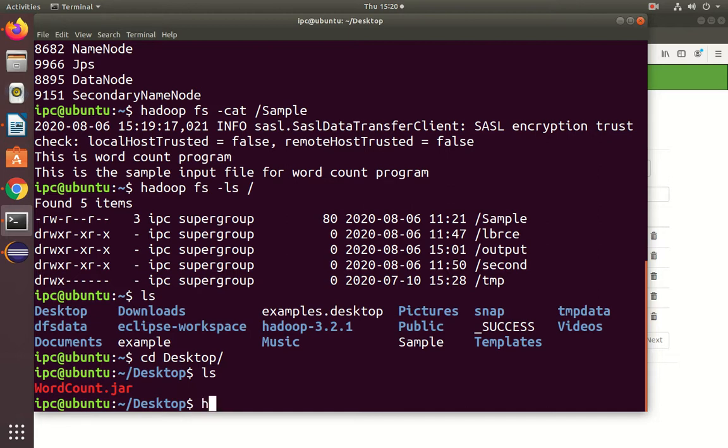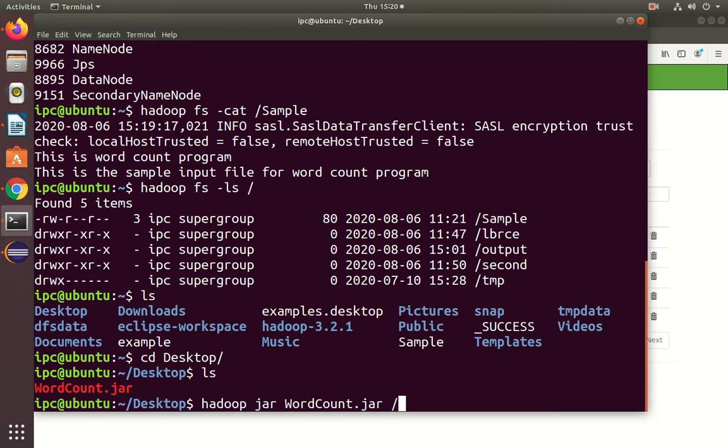Hadoop jar, this is the command for executing jar files. Hadoop jar, jar name, that is wordcount.jar, then the input file path. The sample file contains some text, so it uses that text and counts the number of words in the given text.